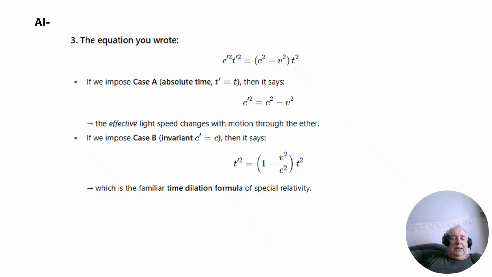If we impose case B, which is invariant light speed, c prime is equal to c, and then we get this equation for the time dilation, and it's the familiar time dilation equation of special relativity. Some people start complaining it's not an effect on time, it's just an effect on the clocks, how the clocks are measuring rates of time. The clocks are being affected and not time. But putting that issue aside,